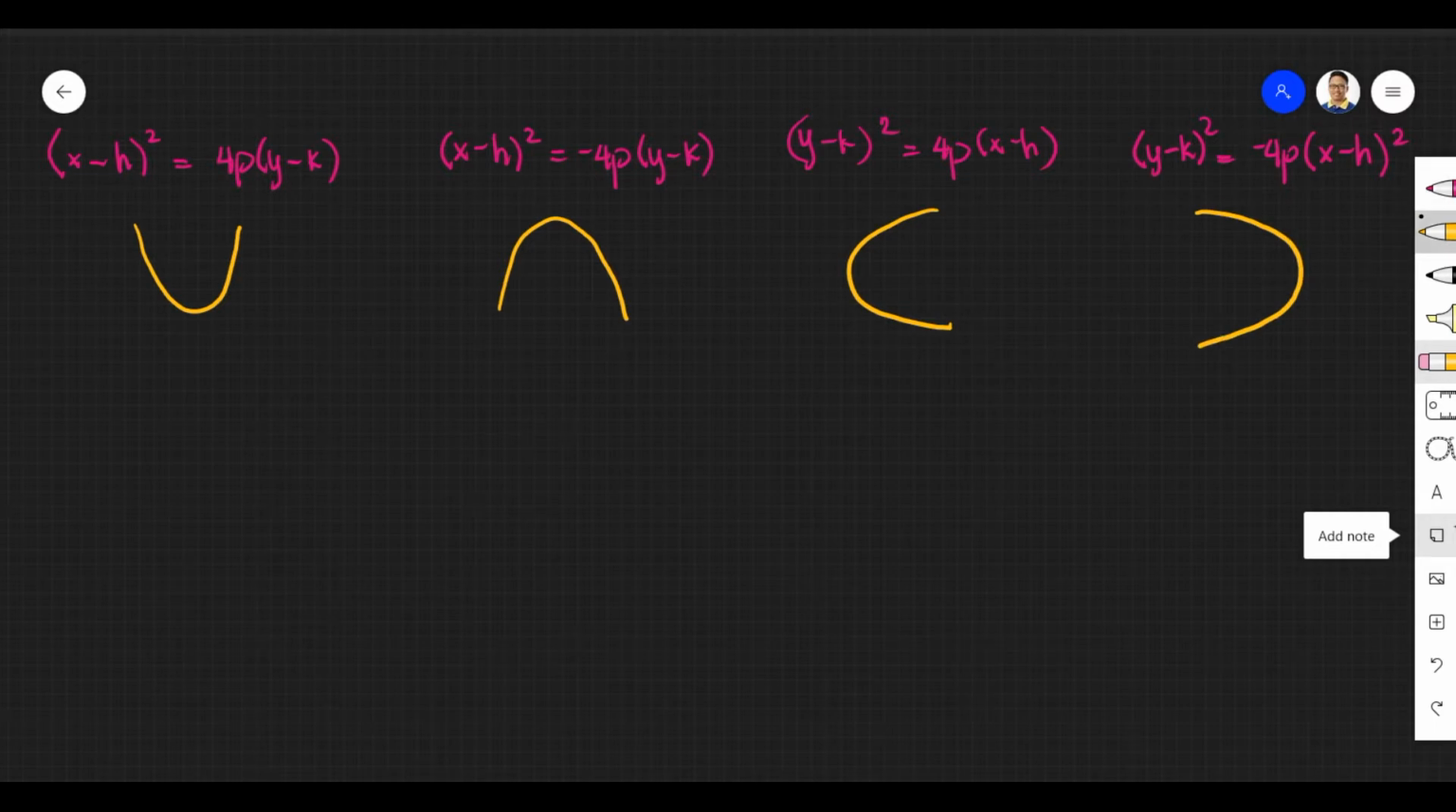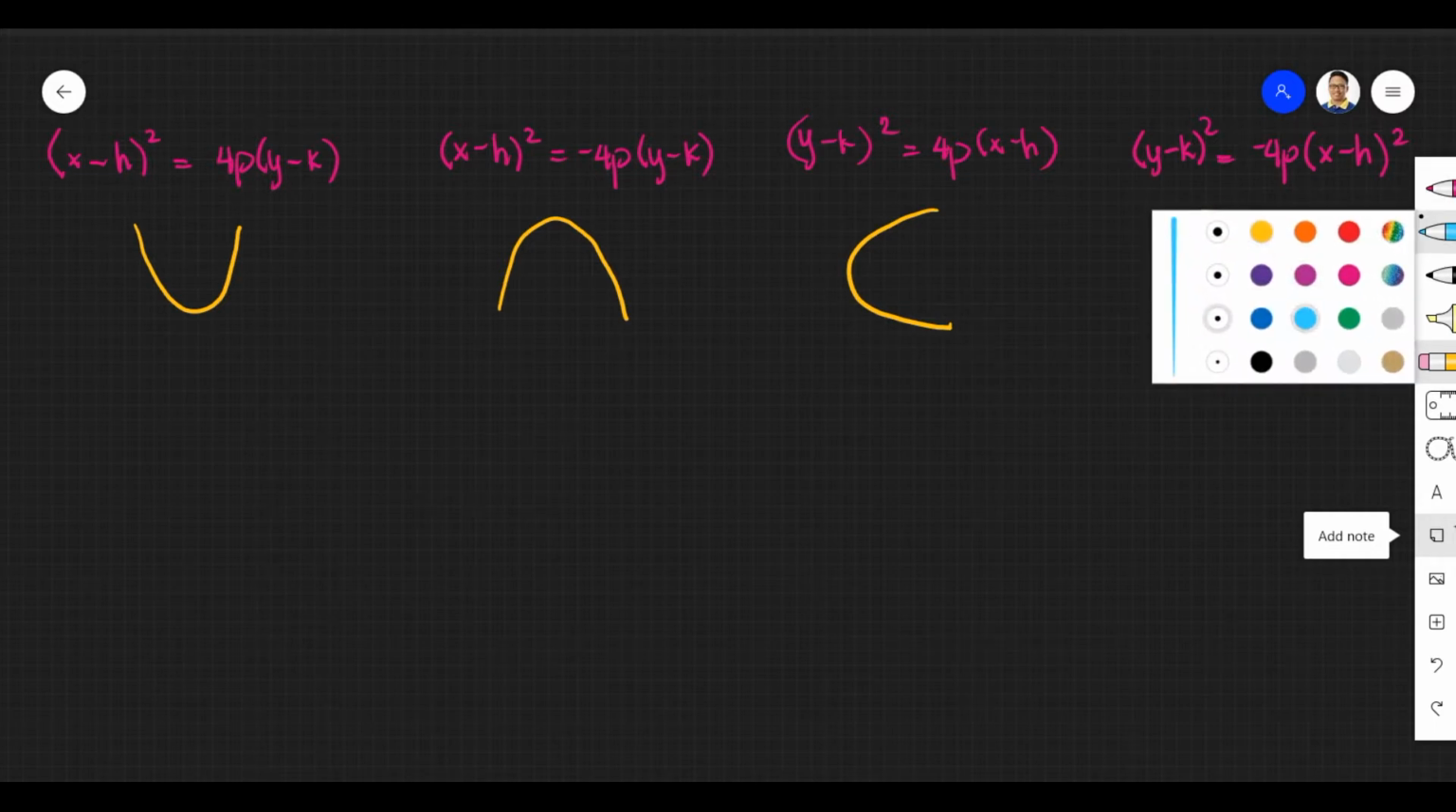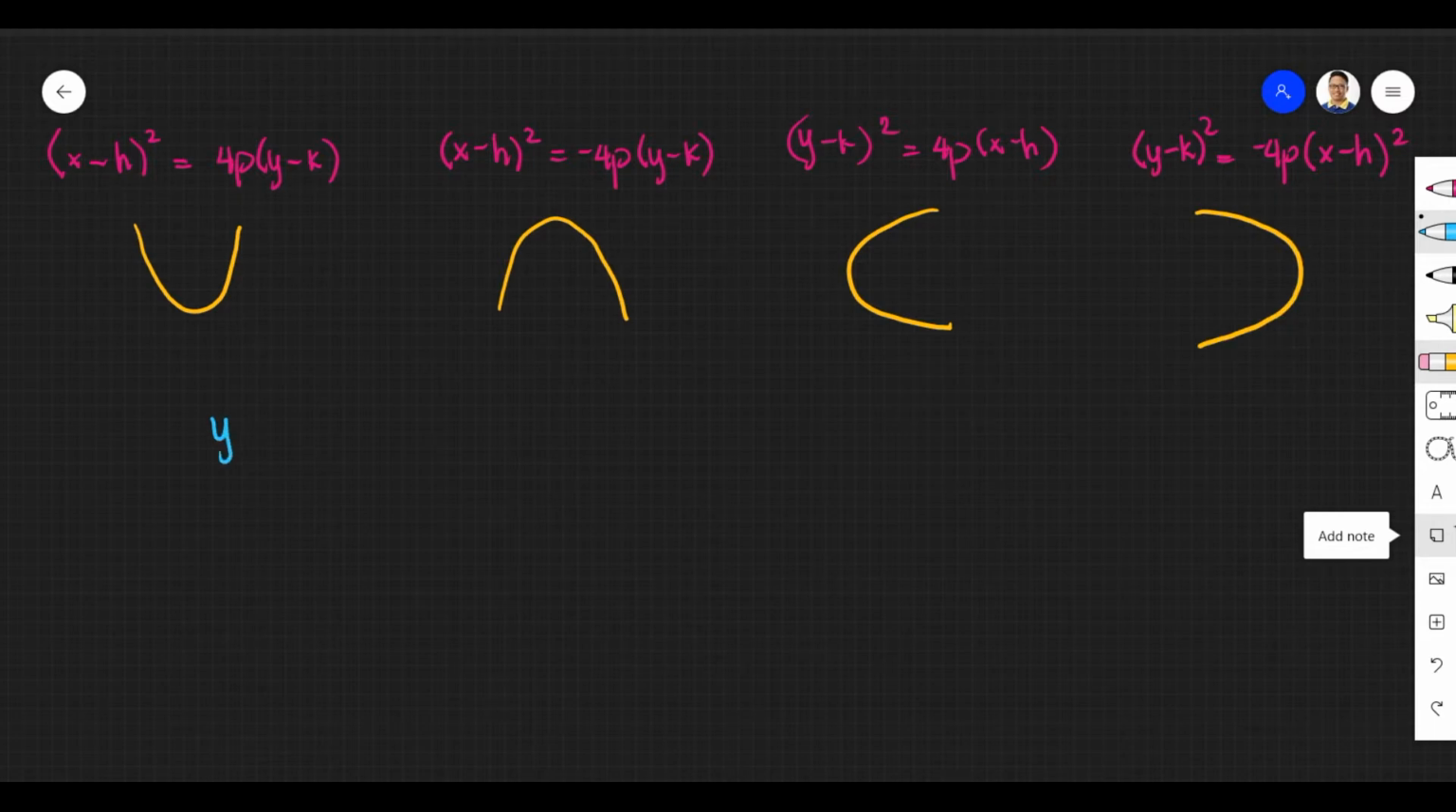Alright, let's have one example here. Given an equation, y squared minus 6y plus 8x plus 25 equals 0. Let's try to find out where is the vertex of this parabola, the focus, and the length of the focus